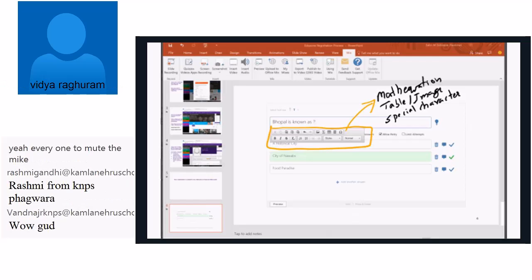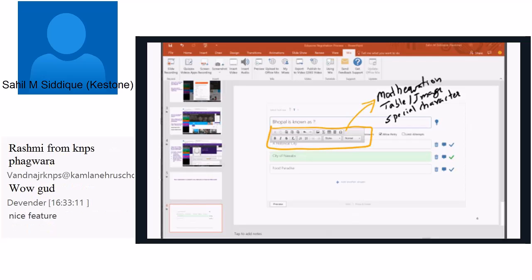The next thing, when the question has been added, like Gopal is known as, I'm having a sample question of it. We're having 3 answers for that. On the right hand side, there is an option, add hint. Now, if you want to add some hint for the students, something like Gopal is known as, I have added for people. That's a hint you can add for your question. And for students,